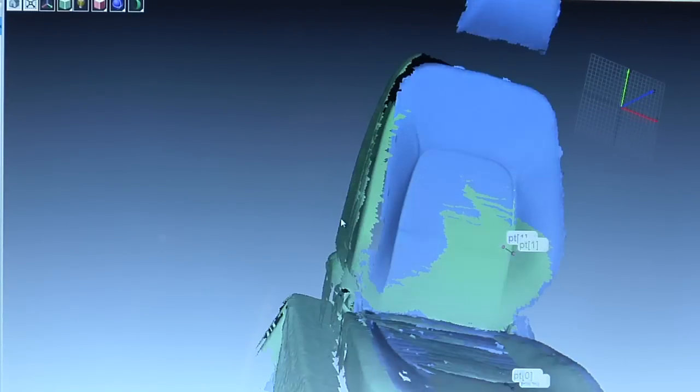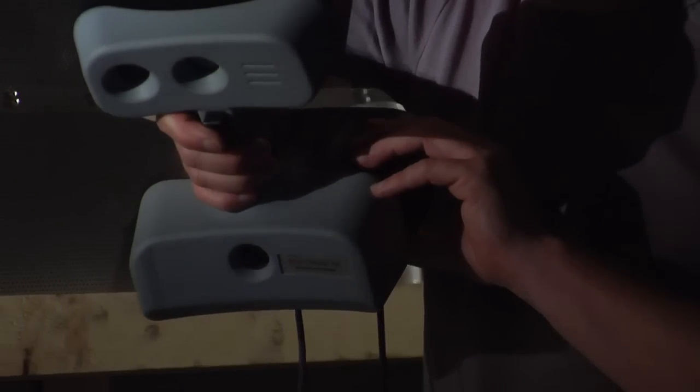We are starting with the L scanner to scan the seat from 4 or 5 different angles, and we piece these different parts together. And finally, when we have a rough frame, shall we say, of the overall seat, we then take the M scanner and scan for details such as the levers and the switches on the side, and we then integrate that into the main frame, and then we merge the maybe 6, 7 or 8 scans that we have